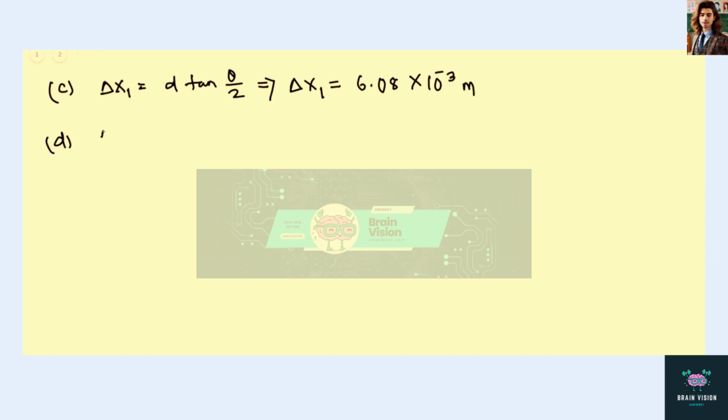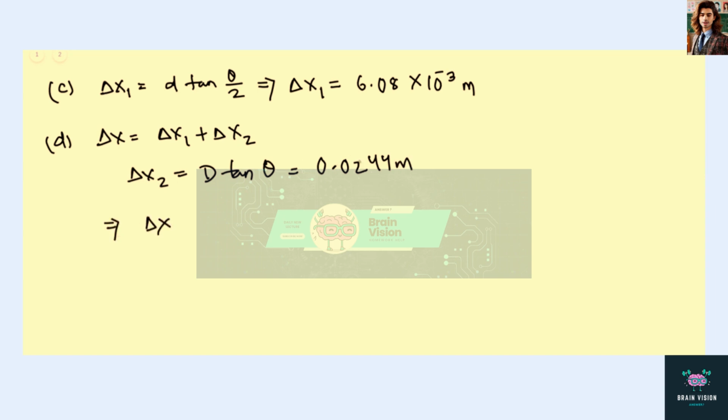For the last part, we have to find delta x, which is delta x1 plus delta x2, and delta x2 is the horizontal displacement of the particle from where it exits the field region to where it hits the wall, and delta x2 should be given by capital D times tan theta, and we get this value to be 0.0244 meter, and we use the value that we found here and here over this on this equation, and we get delta x to be equal to